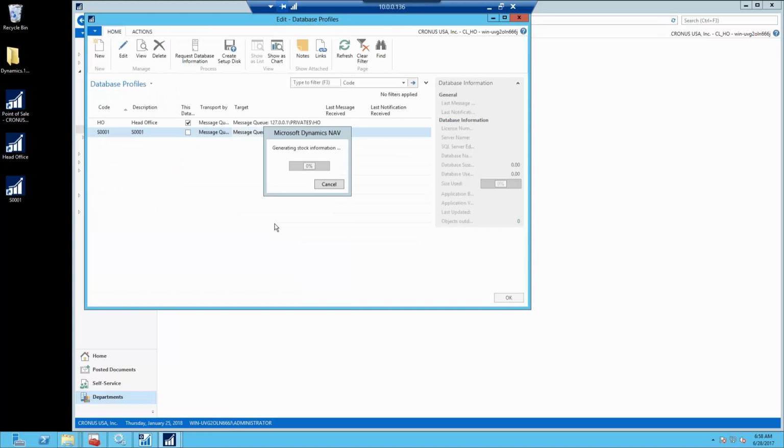We have assigned the right databases to the store. What the setup disk contains actually is not the complete setup. It's just the basic setup of the replication itself. Right? And after this has been done, when you go back one step, please, and check the schedule log as well,